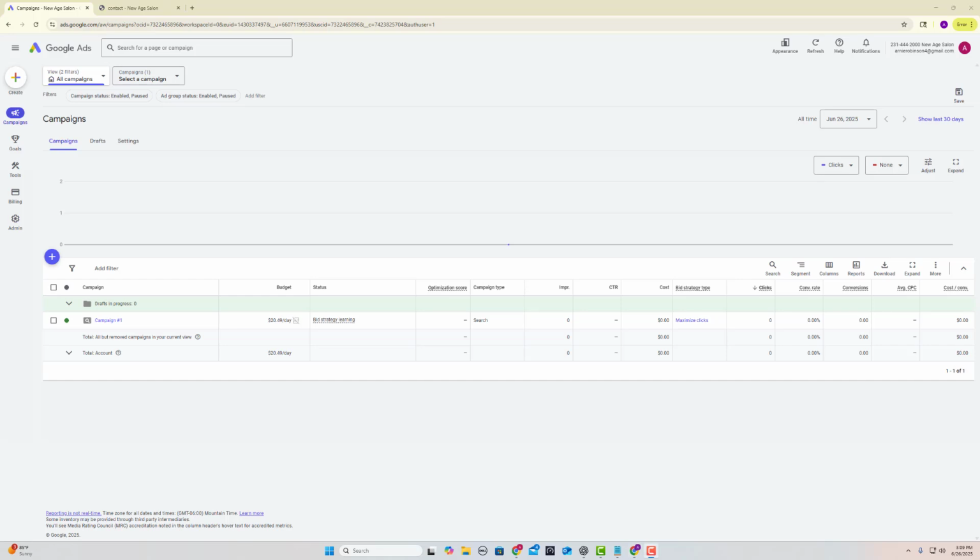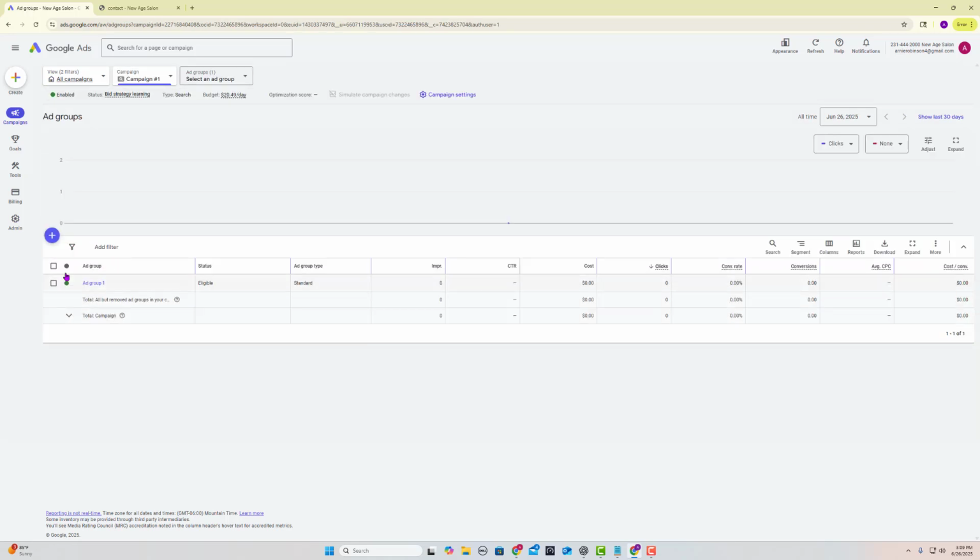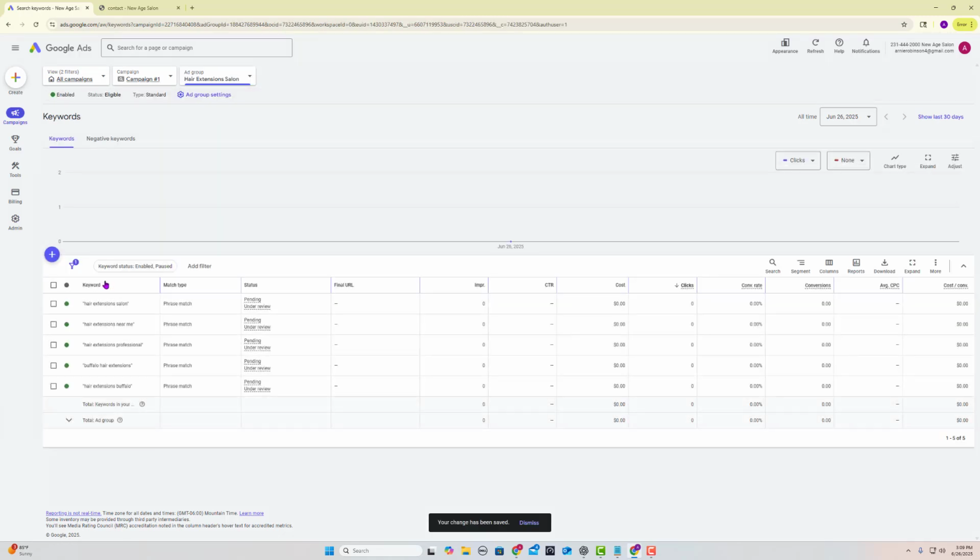What we're going to do is change the name to what we wanted to call it right there. So this is going to be our hair extensions salon. We're going to click to get into the groups, and the first group is also called hair extensions salon. So I'm going to go ahead and save that, and then we can come in here and we can see